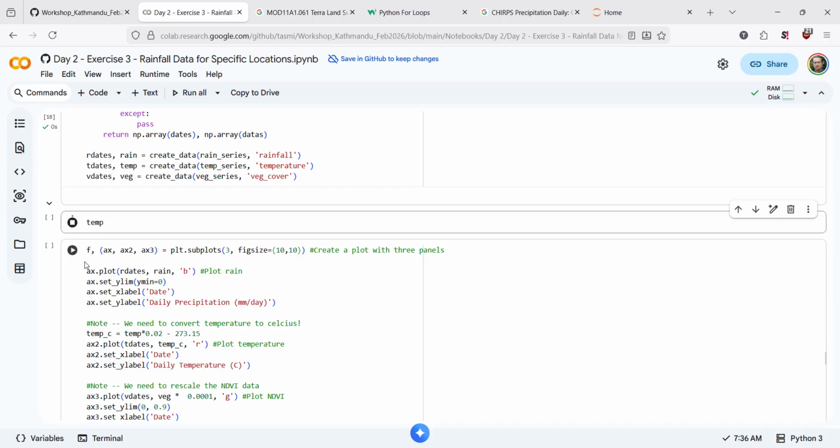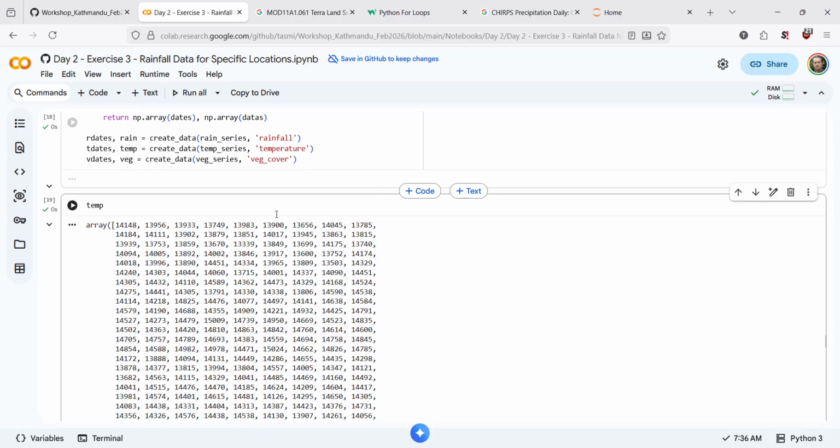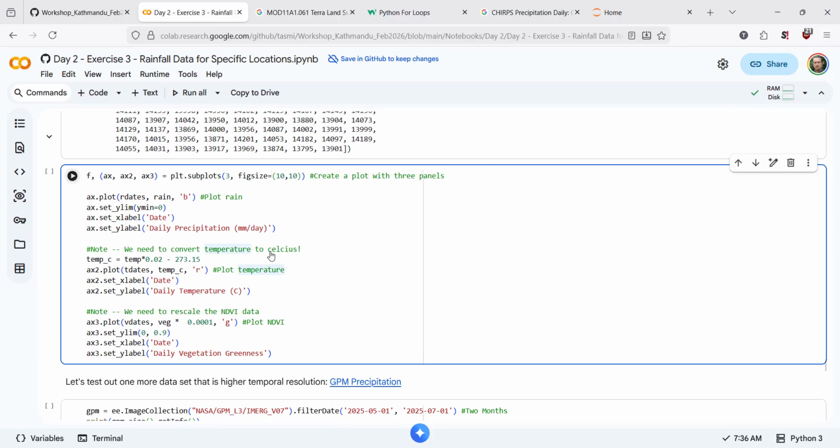See what that looks like. So temperature should now be this long array of values. Obviously, they are not in degrees centigrade, right? We need to apply some scale factor to convert them to actually be in degrees centigrade. But we have some values over Langtang for this set of years, which means that we can then